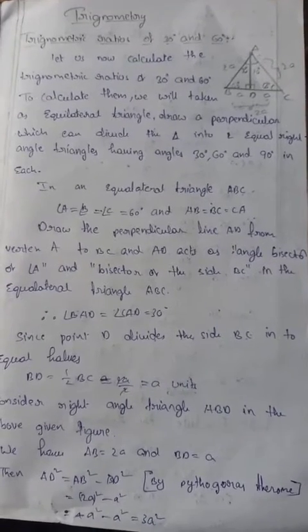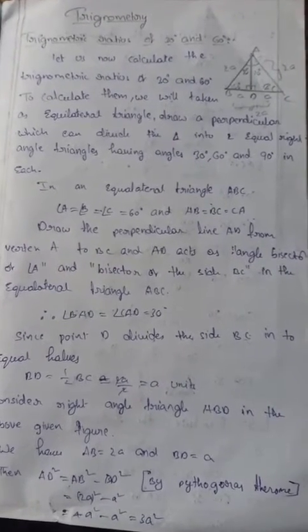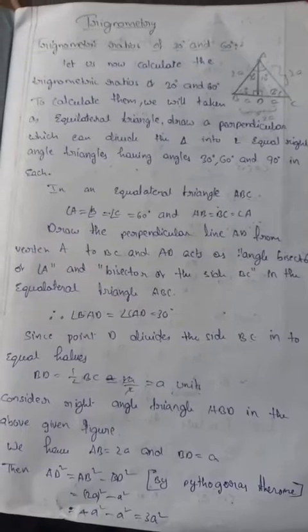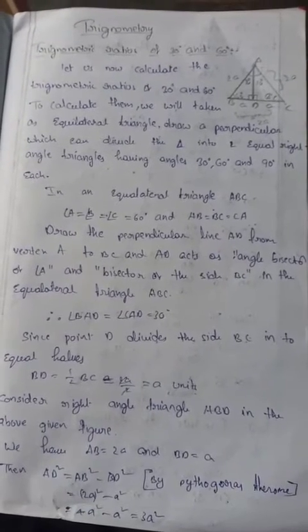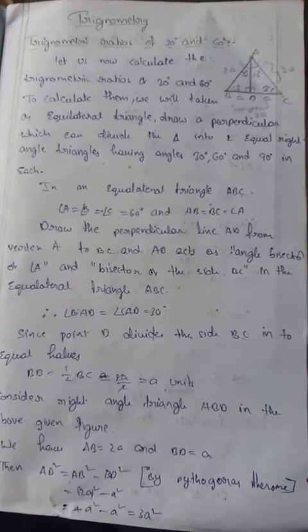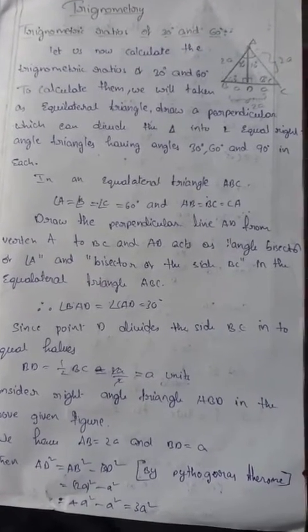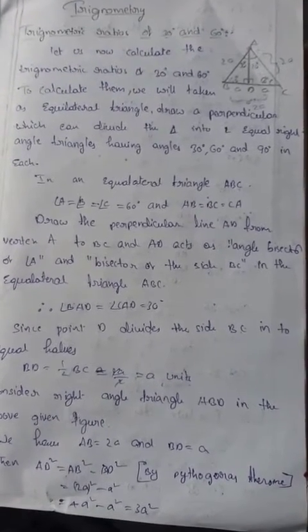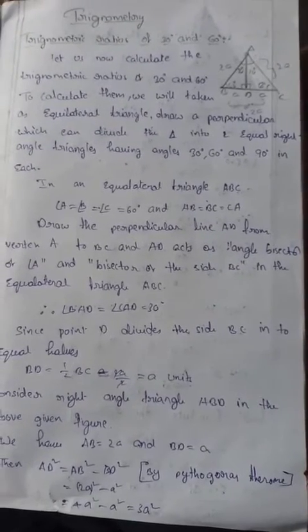Let us now calculate the trigonometric ratios of 30 degrees and 60 degrees. To calculate them, we will take an equilateral triangle. Draw the perpendicular which can divide the triangle into two equal right angle triangles having angles 30 degrees, 60 degrees